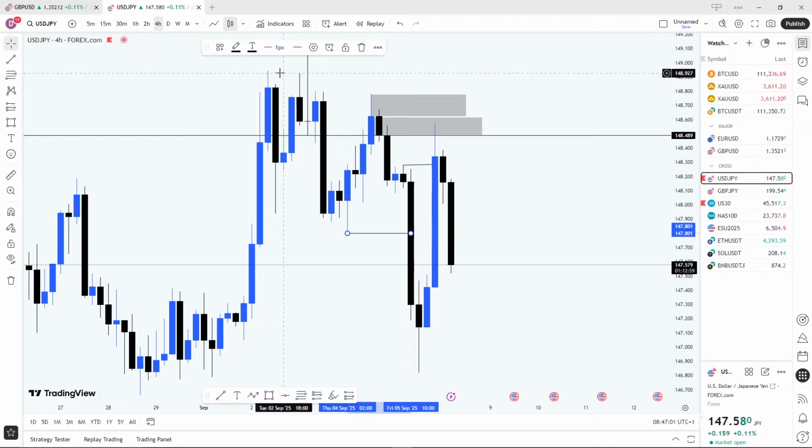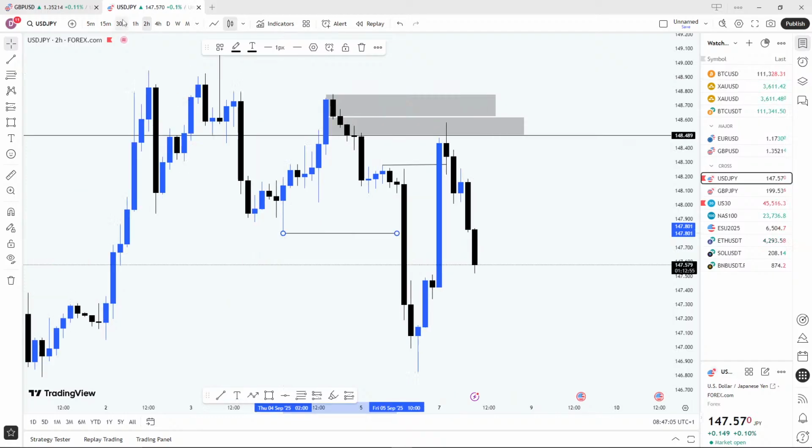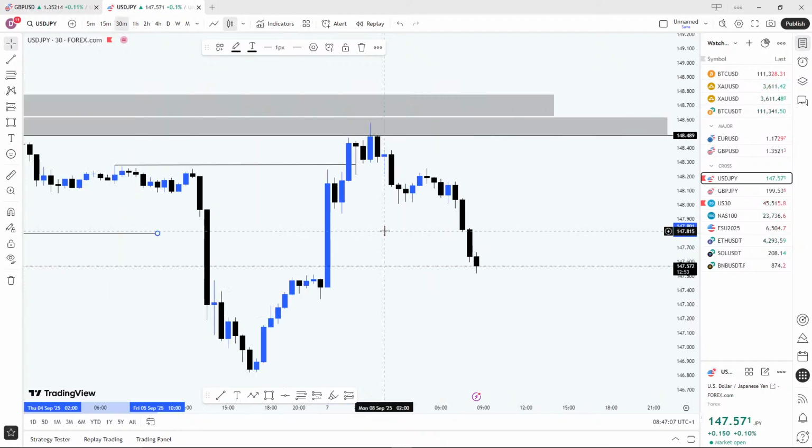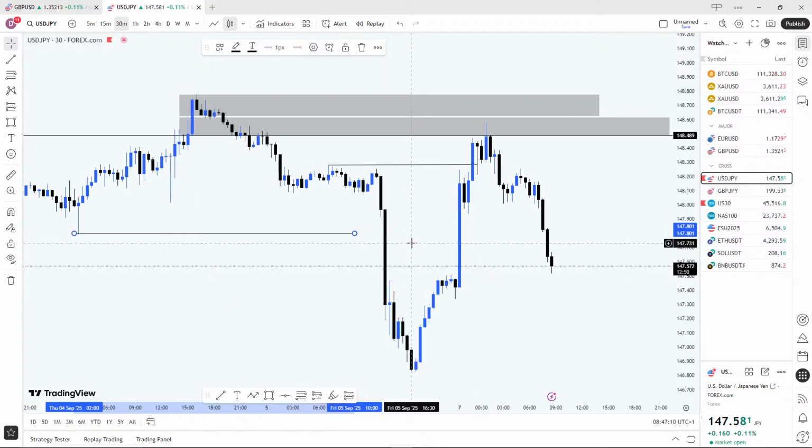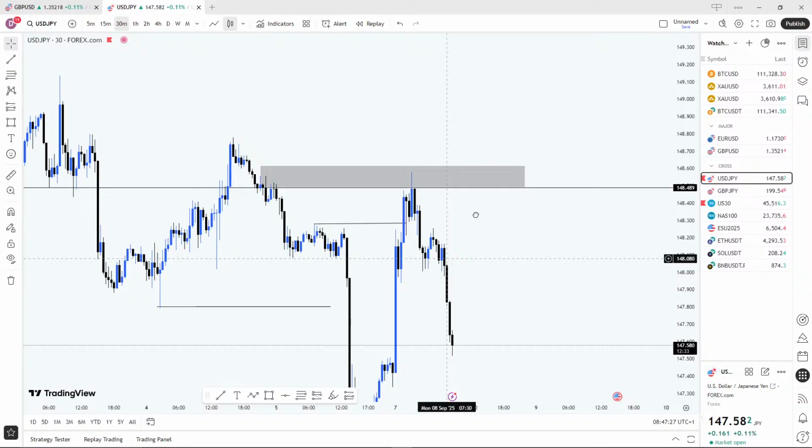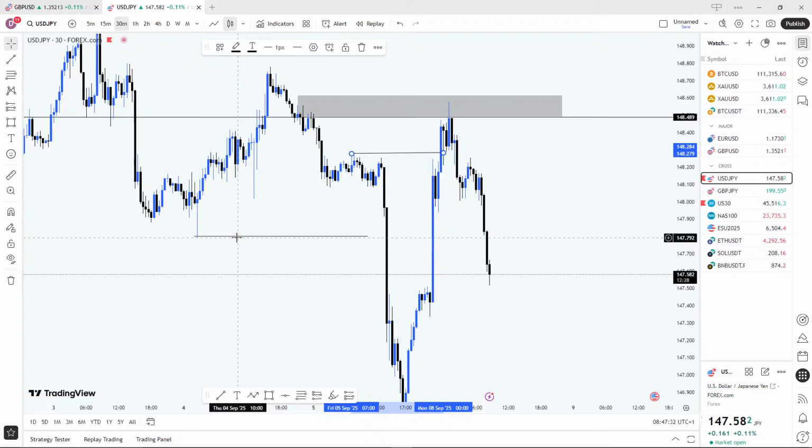So if I go to my entry time frame now, this is my lower entry time frame, the 30 minutes time frame. You're going to see that this is the order block, which is also aligning with our long wick on the daily time frame. This is the order block right here. So this was the zone to sell from. But this liquidity was not clear to me. It has a break of structure. That was why I didn't enter for this sell.